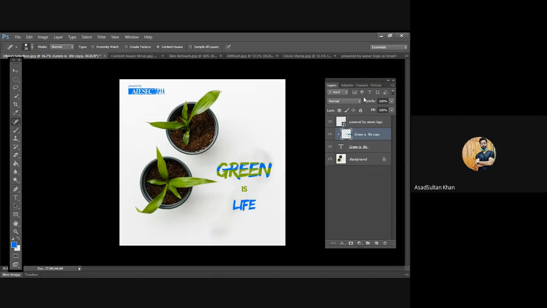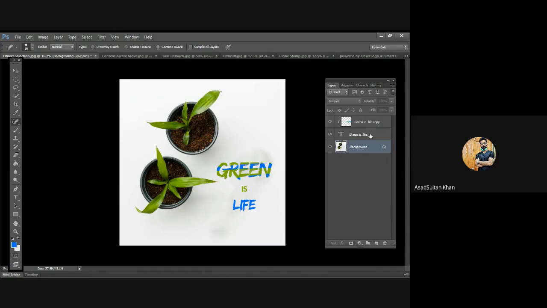How can you do that? अभी layer panels है ना, so layer panel में ऐसे ही कि powered by Isaac वाला logo मुझे नहीं चाहिए था, मैंने I started with this. तो मैंने पहले Isaac logo लगाया, फिर मैंने टेक्स्ट ऊपर टाइप किया. अब मैंने सब कुछ कर लिया. Now I want कि मैं logo हटा दूं, so I can just go to my layers and I can just like remove it off, or I can simply delete my layer. So this is the concept of layering. This is how you work in layers in Photoshop.